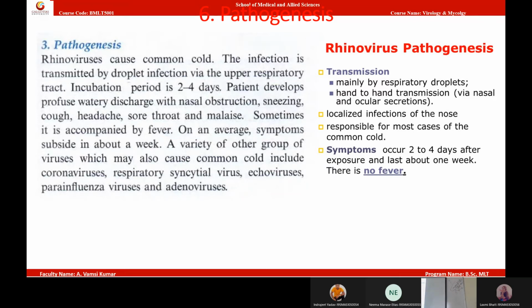Okay? At that time, when the blood vessel is dilated, the permeability of the blood vessel will be increased. That means there will be high filtration of fluid. More fluid will be filtered in the nasal cavity, and more fluid will be discharged from the nose. Why is fluid discharged? Because of vasodilation. Why did vasodilation happen? Because of infection. Because of infection, histamines are released, and the released histamines caused vasodilation, and that is why you got more filtration of fluid in the nose. And that is your discharge.